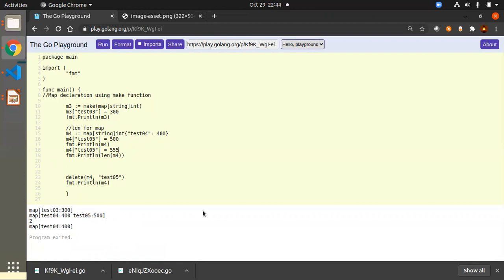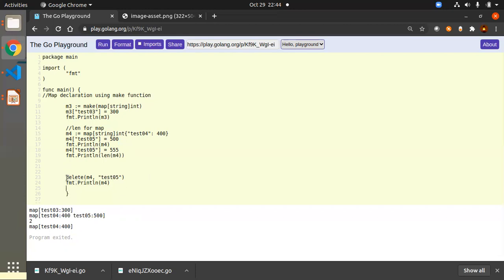That means when the key is already present, it will update that value. And if the key is not present, it will add to that map. Since test05 is already there, it will update the value to 555 from 500. So that's the reason you will have only two keys here, 04 and 05. That's the reason the len function returns the count as 2.